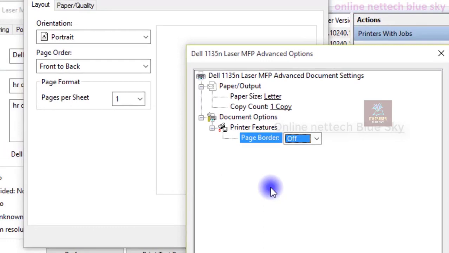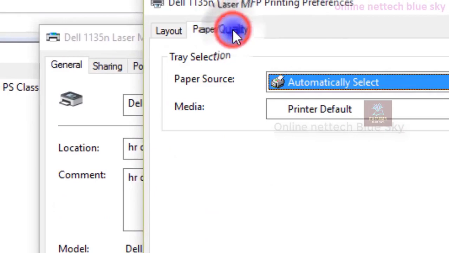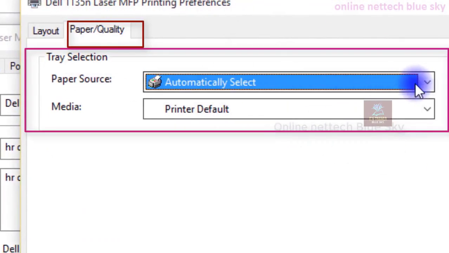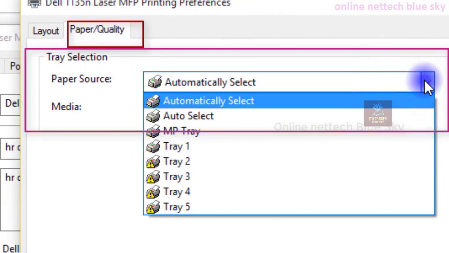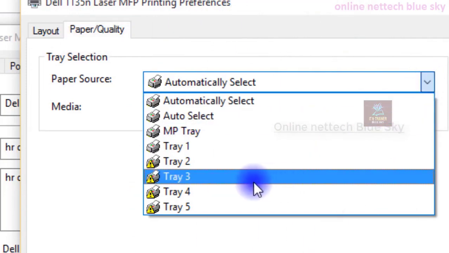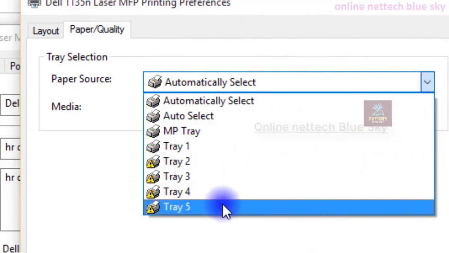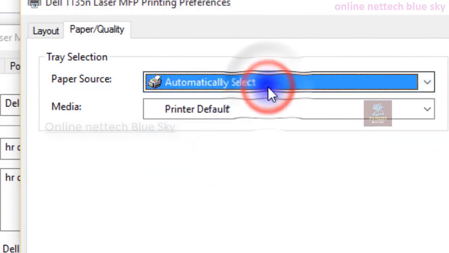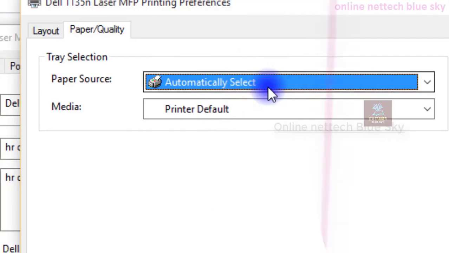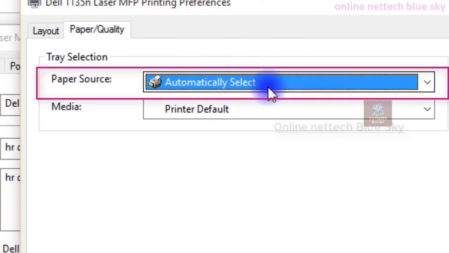And second, your printer page size is not comfortable for this here. And paper quality: what does paper source mean? It is your tray selection, meaning the available printer trays, tray 1, tray 2, tray 3. So you add tray 1 for A4 pages, tray 2 for A5 pages, and different trays for serving A1, A2, A3, A4 paper sizes.